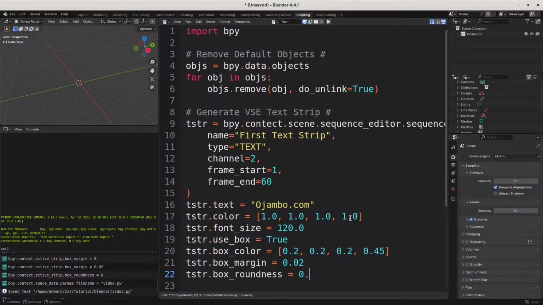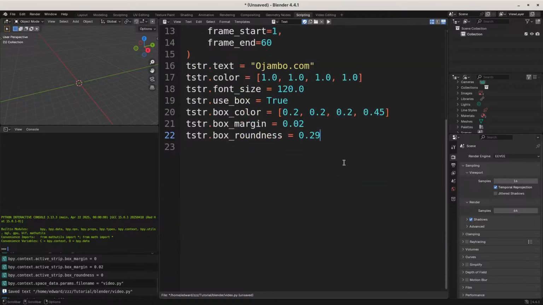Set that to 0.29. Okay. Now, as I said, you probably won't be able to see this because of the alpha and everything. You need something below it, so you can add a video. So what I'm going to do here is add a bonus